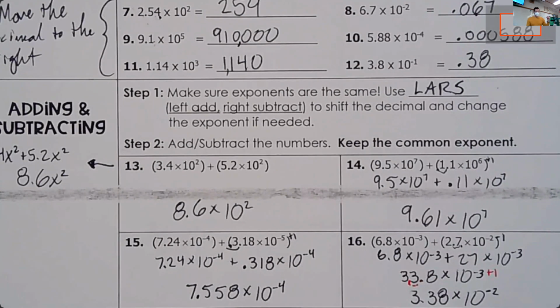All right, are there questions at this point about scientific notation, moving decimals, what we're doing before we move on to the next page? Because there's a little bit more with combining like terms, and then we're going to do some with multiplication. Okay, go ahead and flip the page. Also a little bit with division. So